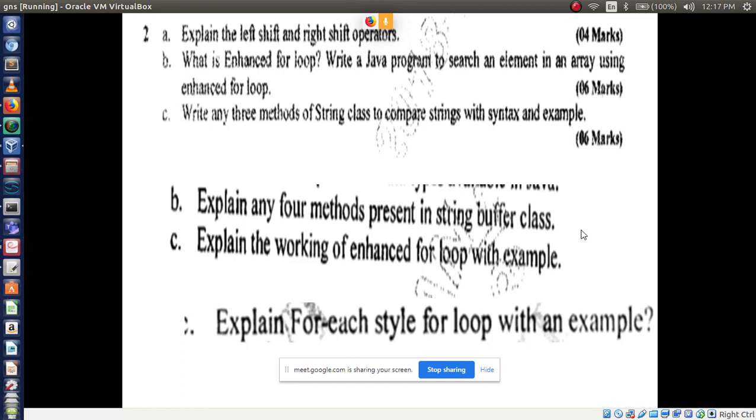Have you heard this word, enhanced for loop? Have you heard this? Yeah. In looping statement I told about this concept, right? What I told, I will explain in next unit. In this concept, we are going to discuss about enhanced for loop. It is the easiest and most important for loop, that is enhanced for loop. So we'll discuss it in next class, right? And now